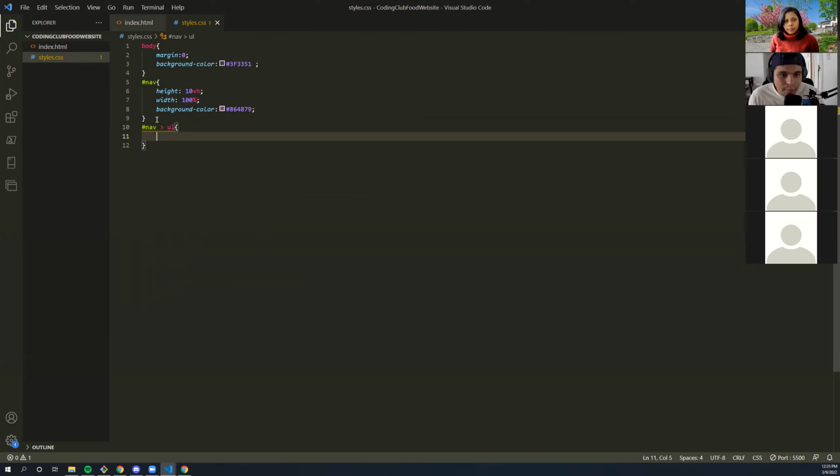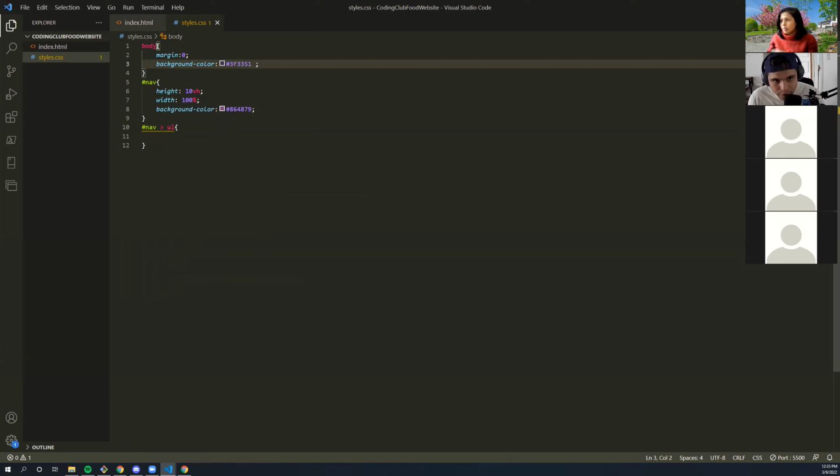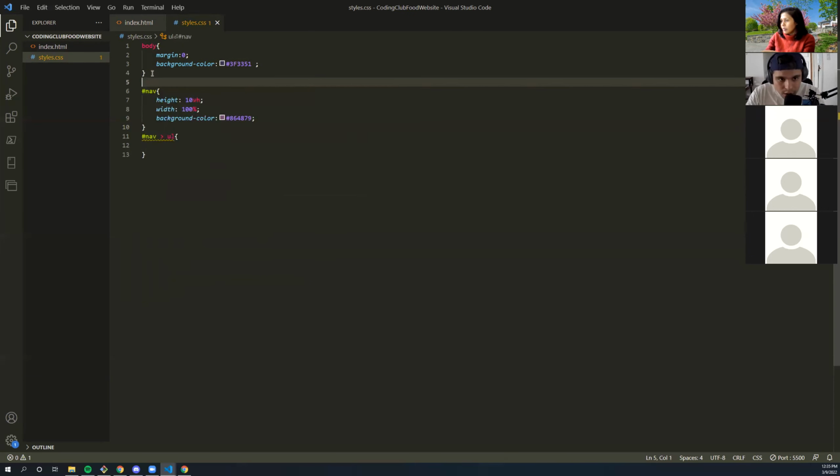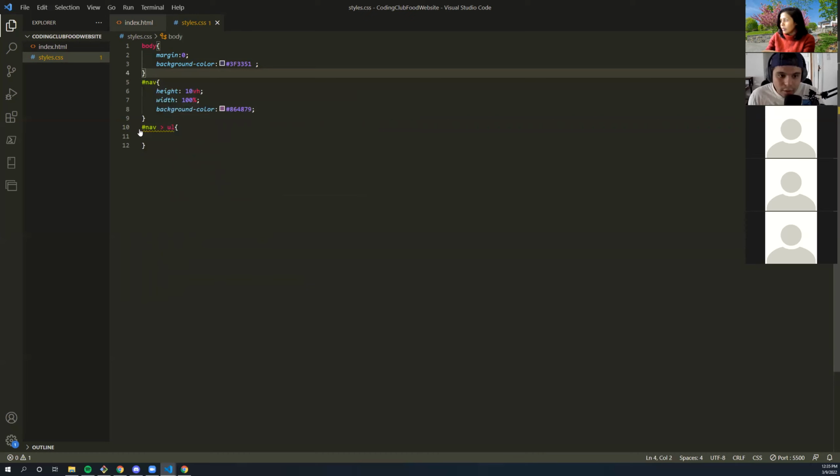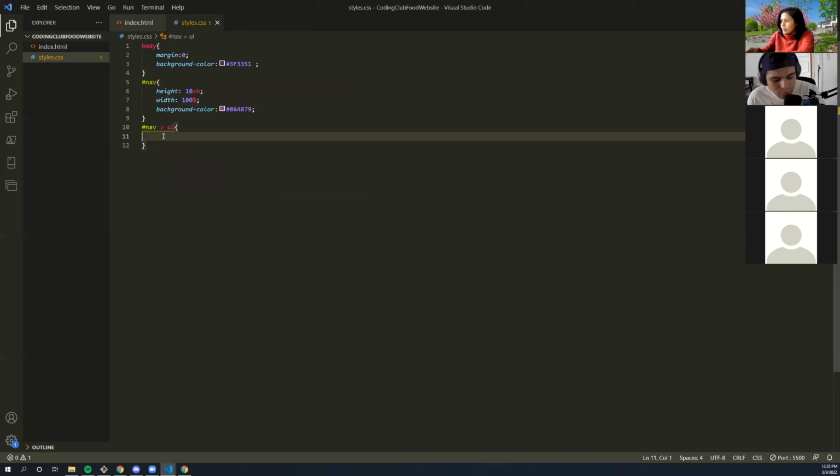And what this signifies is that all the ULs within this nav will get this specific style. It's a lot better than making these generalized styles like body. We can say there's only one body within the HTML file, but there might be multiple ULs. So I like to specify that all the ULs within this nav have this style. Very good, Daniel. I appreciate that. All right.